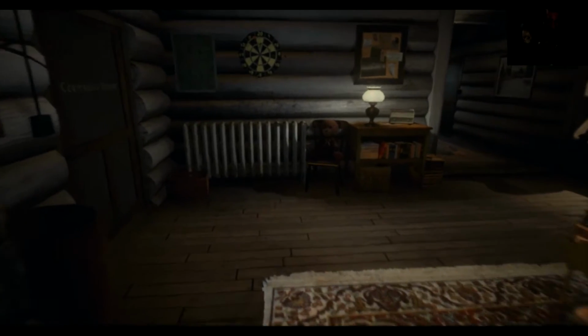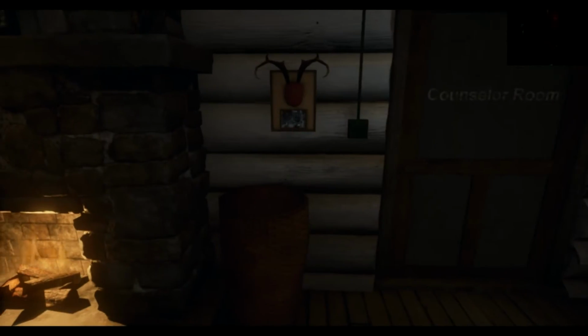So I'll move this way. Okay, what do we got over here? We have this wicker basket right here, which you can't really bend down or anything in this game. This wicker basket was actually